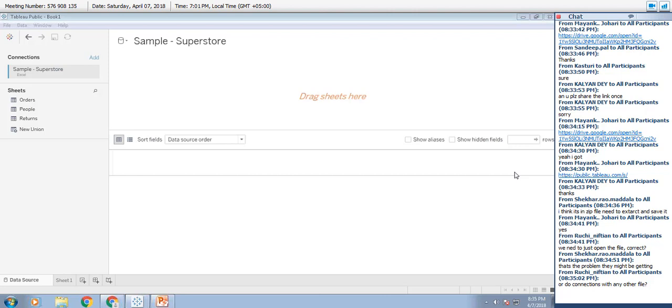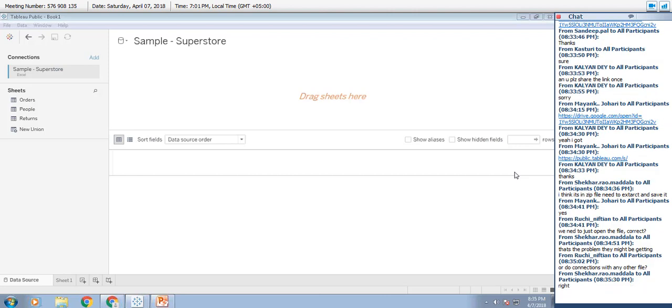Yes, Ruchi, we need to just select the file. When you download it using Google Drive, it zips all the data sources under one zip folder and downloads. You have to extract the file onto your machine and save it under a new folder which you feel comfortable accessing. In that folder, you have around 5 data sets, out of which one of them is named Sample Superstore.